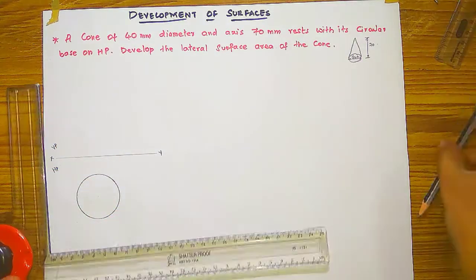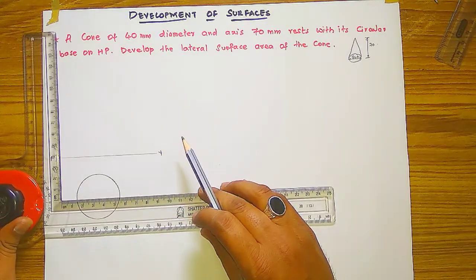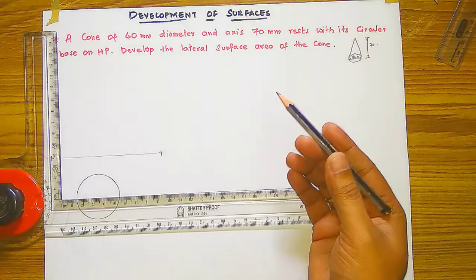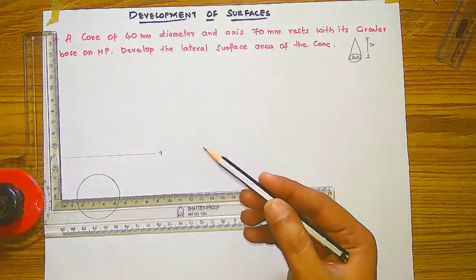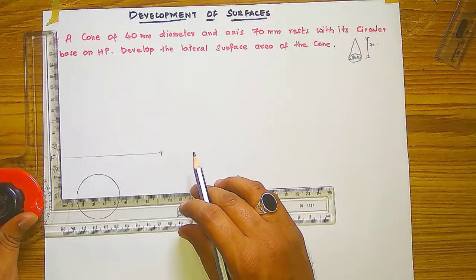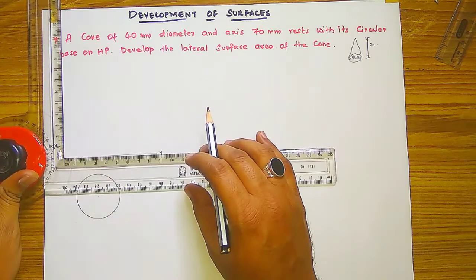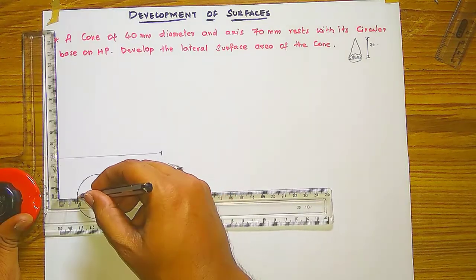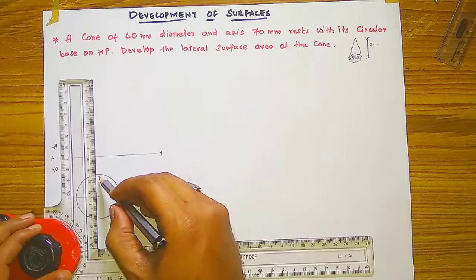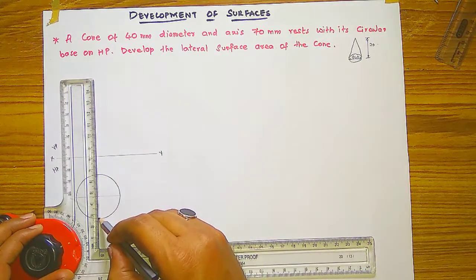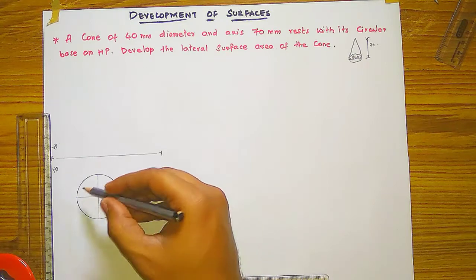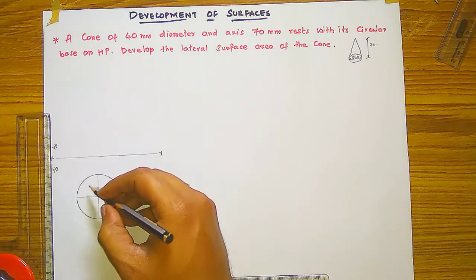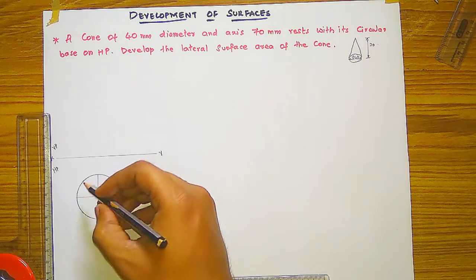Okay, then after you have to divide this circle into 4 equal parts. Not only 4 equal parts, you can divide into 8 also or 12 also, it's up to you. Now in this problem I am dividing it into 4 equal parts, first into 2, then 4. Then after you have to label these corners of the circle where you have drawn these lines.